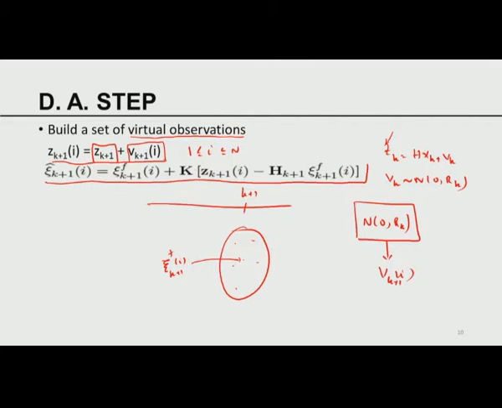Here I would like to enlighten you with a couple of things. I am sure a careful reader would have already noticed it. Hey, you started with a nonlinear model, but you are using a formula that is meant for a linear model. So in this equation for the update for the data assimilation step, we are trying to do two things. We are not using the actual observation, we are creating virtual observations. We are not doing any nonlinear thing, we are only doing a linear thing. And that should not be surprising to any one of you. Even though the model is linear and observations are linear, the estimate for the analysis is always a linear estimate.